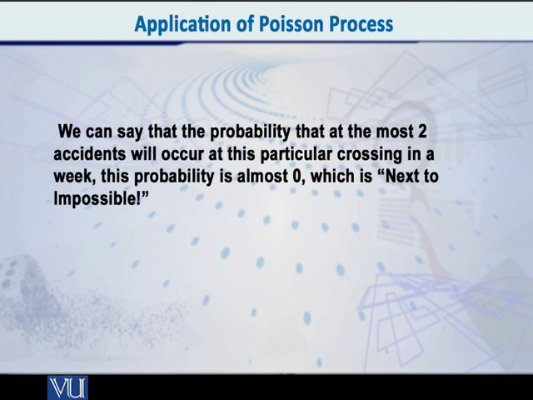So we can say that the probability that at the most 2 accidents will occur at this particular crossing in a week, this probability is almost 0. It is next to impossible. तो अब इसका मतलब क्या हुआ? देखिए, ये वाली बात next to impossible है कि ज्यादा से ज्यादा 2 होंगे, और ये वाली बात highly probable है कि 2 से ज्यादा minor accidents occur करेंगे during